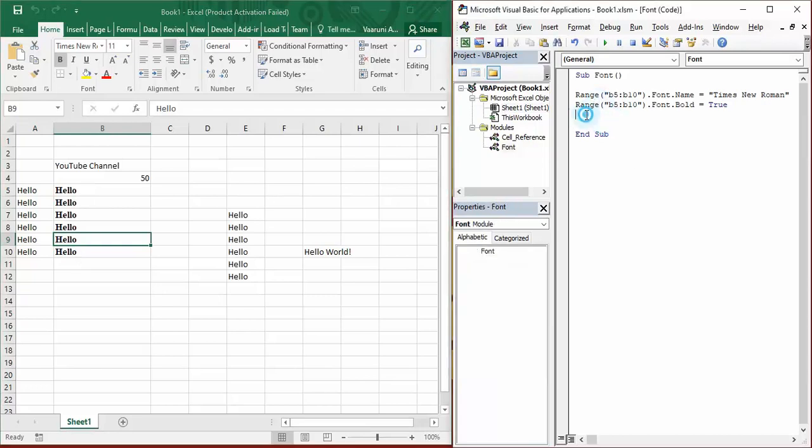Similarly, instead of bold, you can work with other things as well for the appearance. Say suppose you want it to be underlined. So you can provide underline, put an equal sign, write true. This will make the text underline. If you want to see the step-by-step execution, just press F8, F8, F8. So you can see it's been underlined right now.